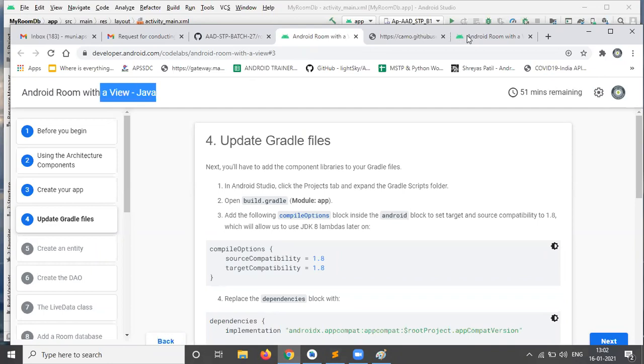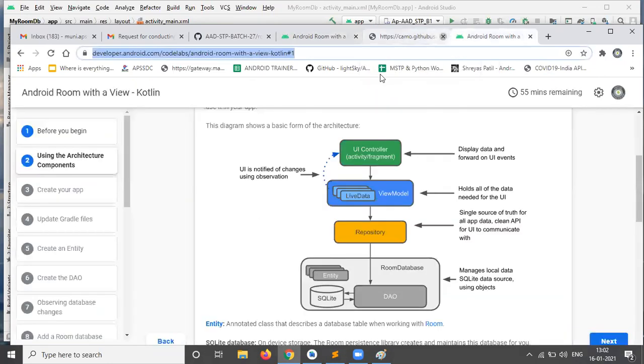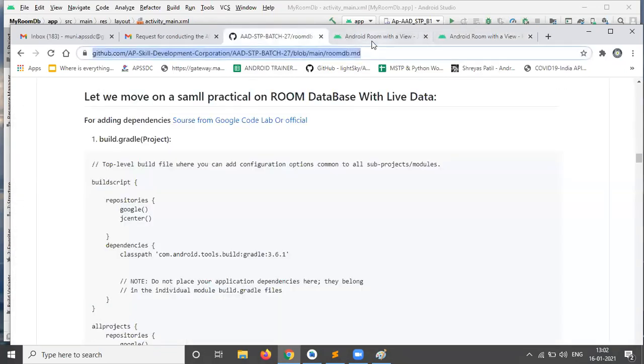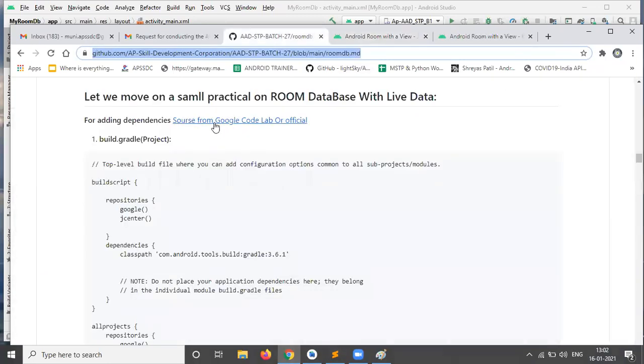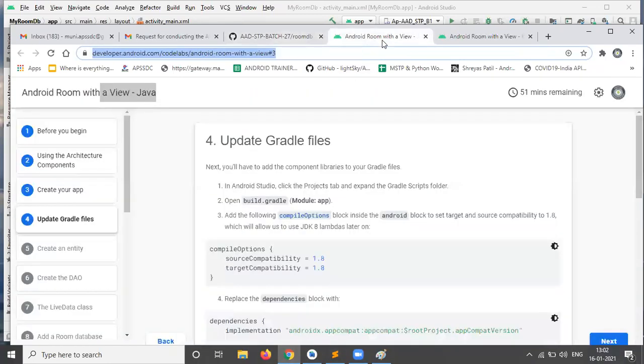Previously we saw this is for Kotlin. Okay. Once we open this link, otherwise I will show you this link in the chat box.